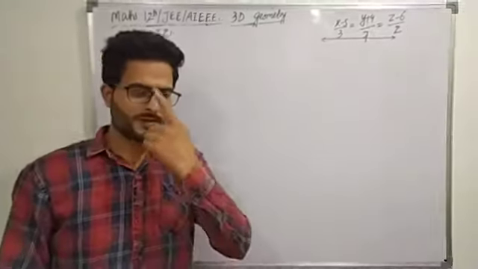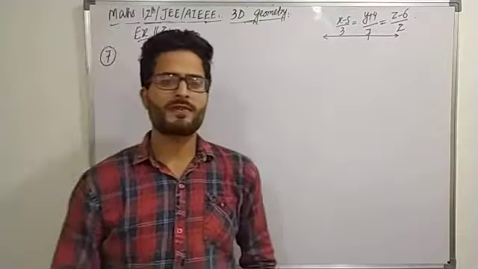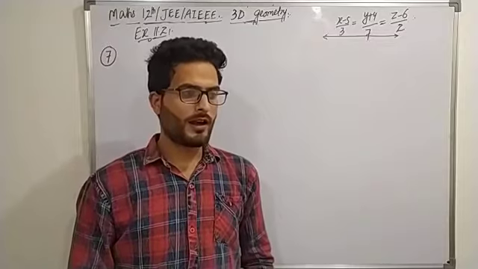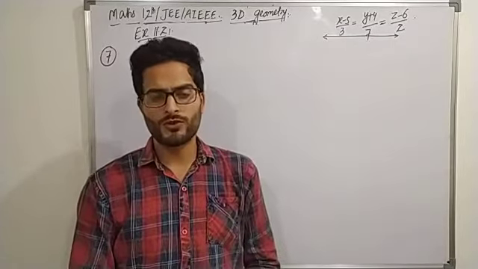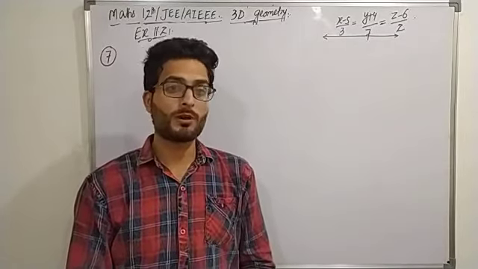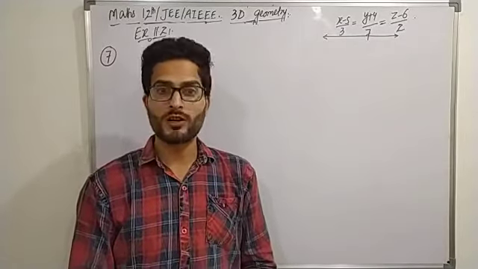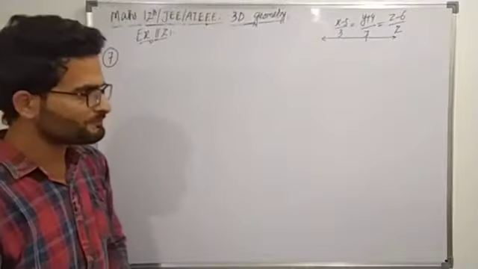Assalamu alaikum dear students. In the previous class we have done some questions of exercise 11.2 regarding three-dimensional geometry, and these questions were all about the equation of line in 1.4, direction cosines and direction ratios of parallel and perpendicular lines. Now we are on the same exercise and we are on question number 7 of exercise 11.2, and